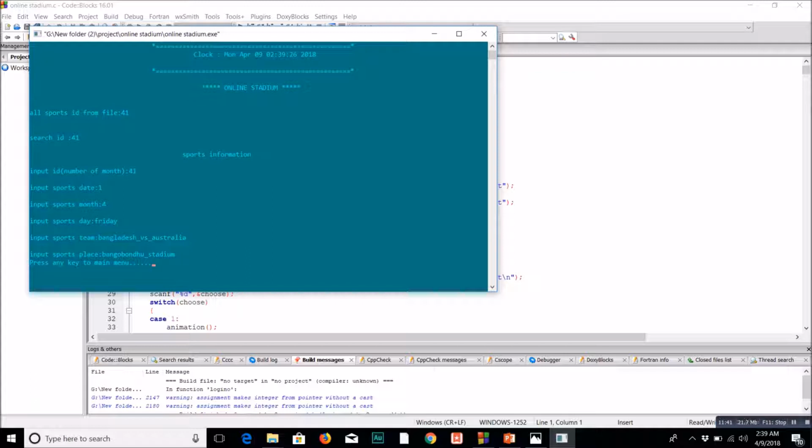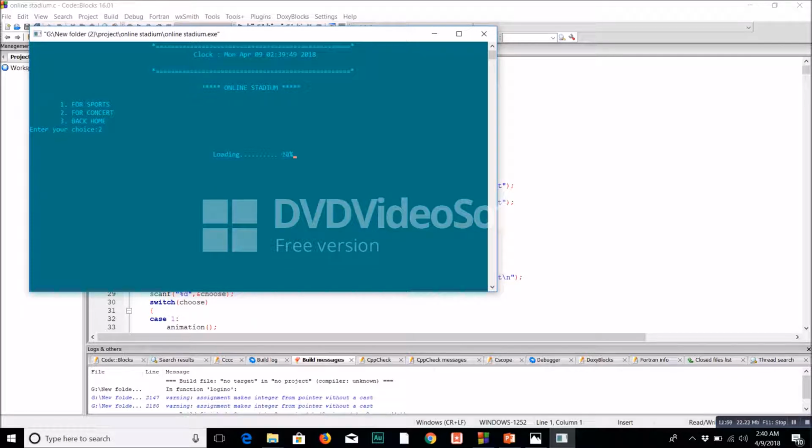So go back to the page, and go back again, because here the sports work is finished. That's why I can select 2 for concert. Here the same rules and norms apply, but I want to show you how it works. So 1,